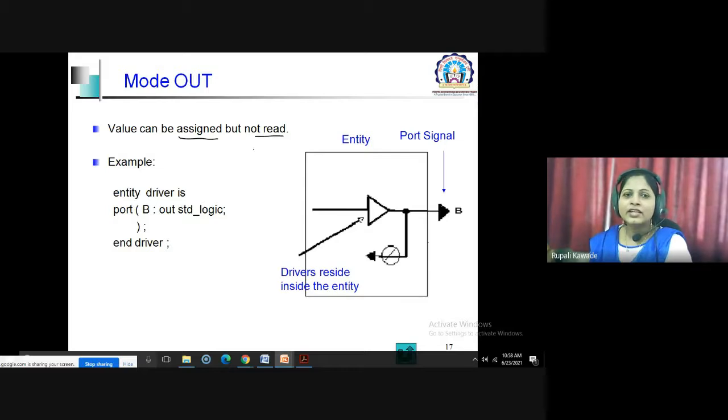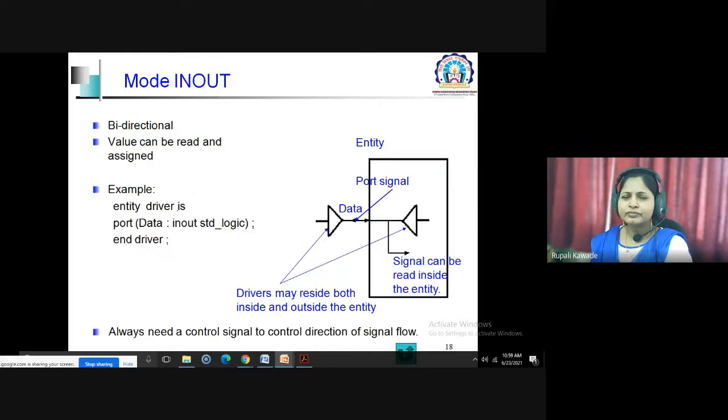For that, the position of the driver is inside the entity, which is going to drive that particular pin. So here the mode will be the out mode. Simply in and out are the two we generally come across as input pin and output pin during the pin configuration of the IC.